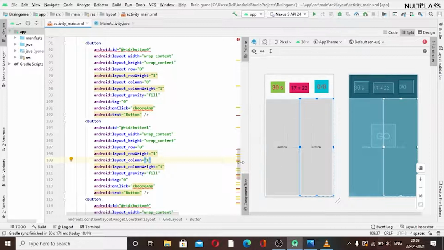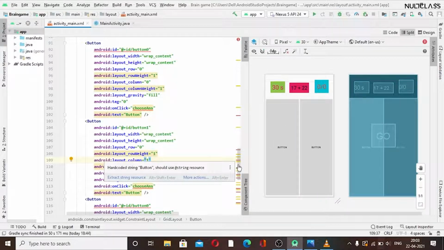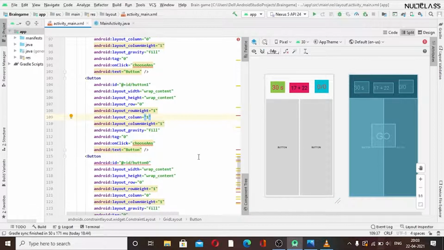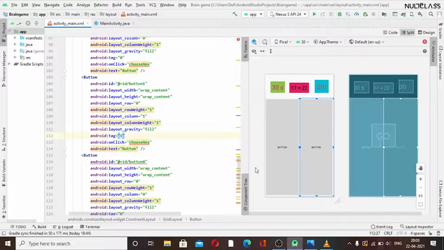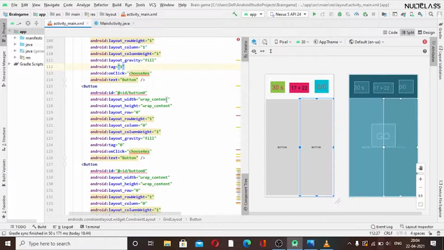And now to split in the four, we will be changing others also, like rows and other things. So I think other things are same. I should change the tag, as this is our second button, as we have started from 0. So we will give 0, 1, 2, and then 3. Okay, so choose answer, this will remain same, as this is the clickable method. We will see that afterwards. So firstly set them all up.